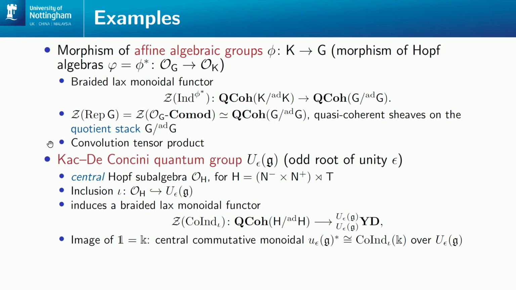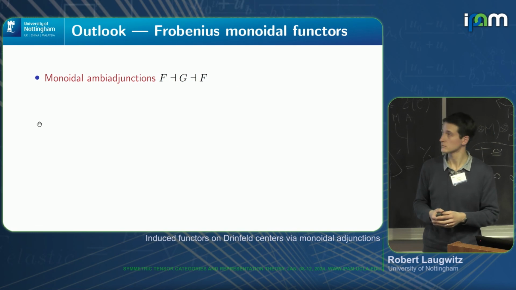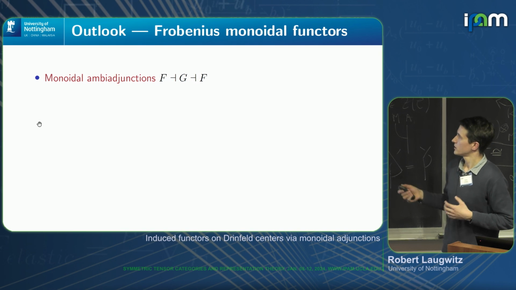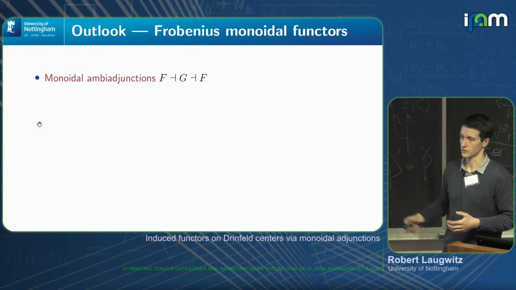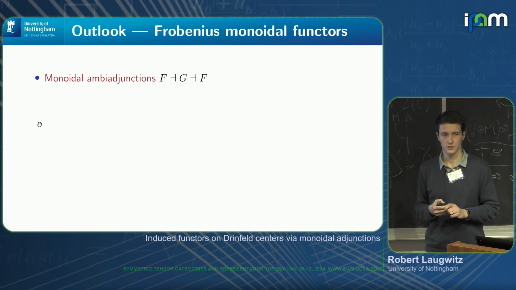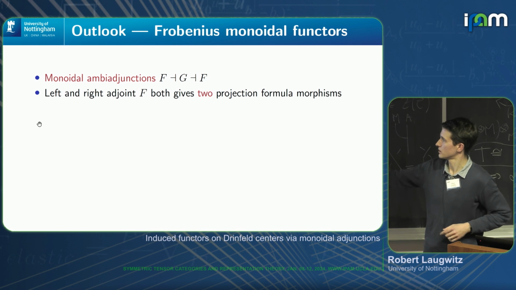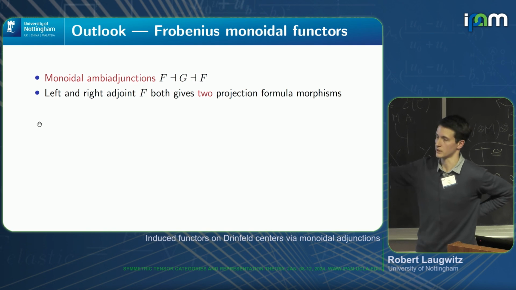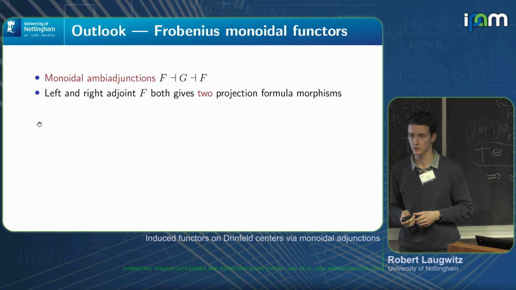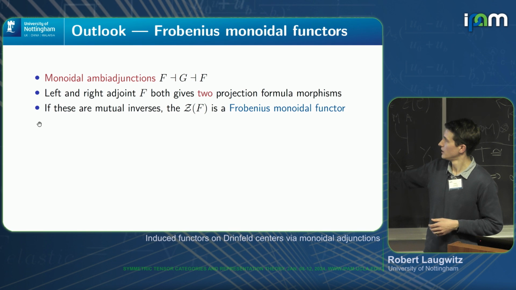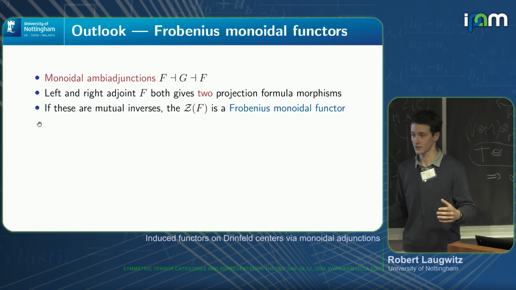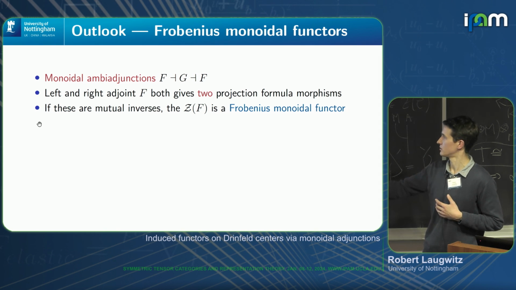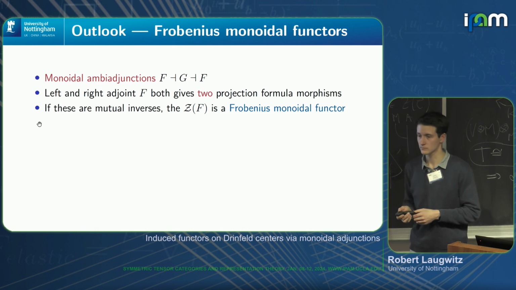Okay, so these are some examples, and maybe to conclude. Well, we originally started looking at Frobenius monoidal functors because those are the examples we knew. We're still interested in doing that, but to get a Frobenius monoidal functor, we have to consider an ambi-adjunction where the left and right adjoint are modeled on the same functor. In such a situation, you will get two projection formula morphisms, one for the left adjoint and one for the right adjoint. They go between the same objects in opposite directions. If they happen to be inverse to one another, then you get a Frobenius monoidal functor. So this is some